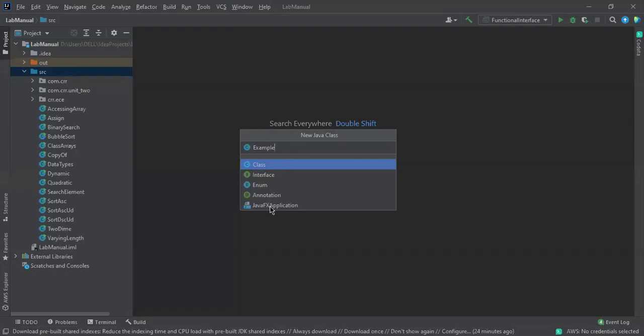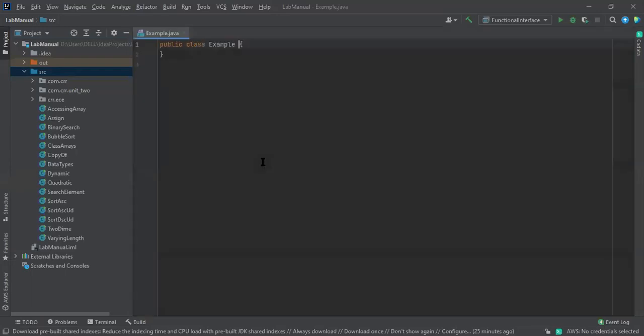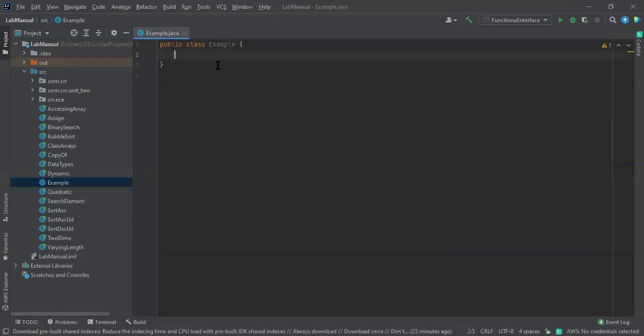We don't have JavaFX, but the AWT applications are available. We're going to discuss that also. Initially, we're going to discuss the classes one. Click on that. So the file will be created like this, example.java. The example.java file has been created. Okay. So now we are going to write how you are going to start.